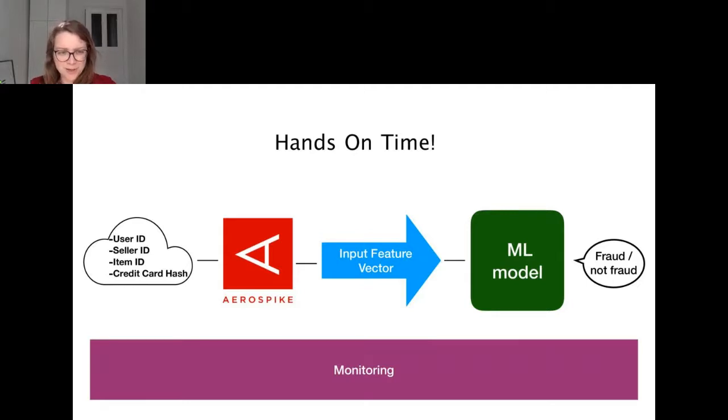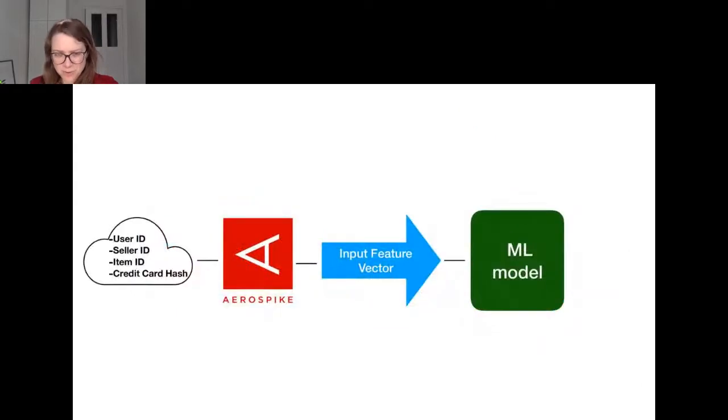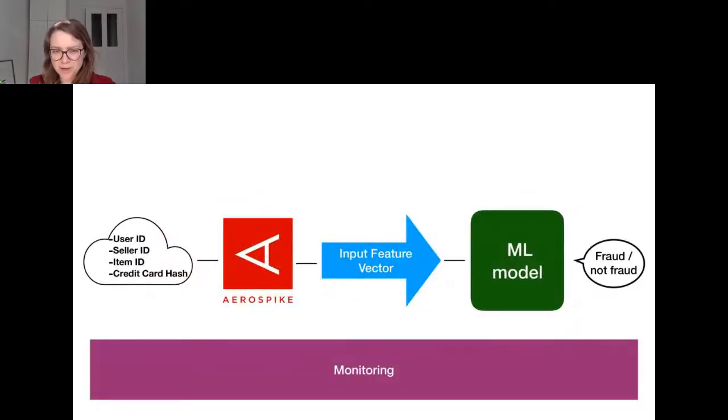Reminding you, this is how the feature vector looks, just a vector of numbers, which is fed to the model, and the model puts out a number, and if the number is above a specific threshold, it is fraud, and if not, it is not.